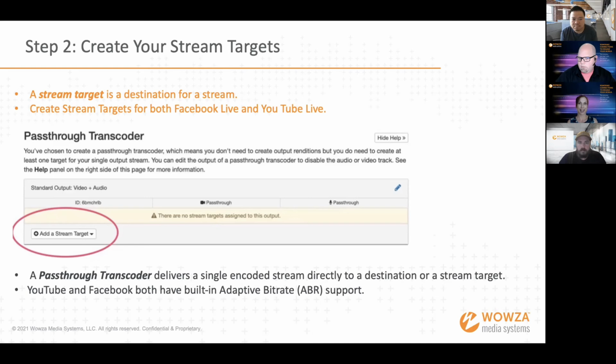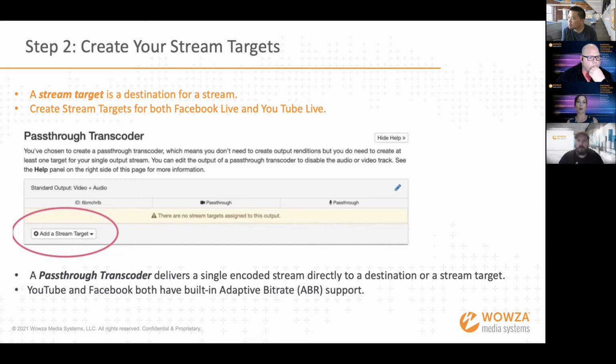You come back, you click Add a Stream Target again. You'd set one up for YouTube as well. You will get an option at some point as far as what transcoder you would like to select. I think we saw this real quickly during Mac's demo, but you can select pass-through transcoder for this workflow instead of the adaptive bitrate transcoder, and I'll tell you why. Facebook and YouTube already have their own built-in adaptive bitrate streaming algorithm, so they do all of that for you. No need for you to have Streaming Cloud do that as well. So go ahead and just name your stream targets, set them up, select pass-through transcoder for both.